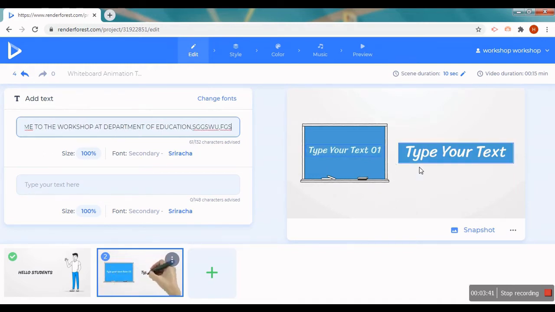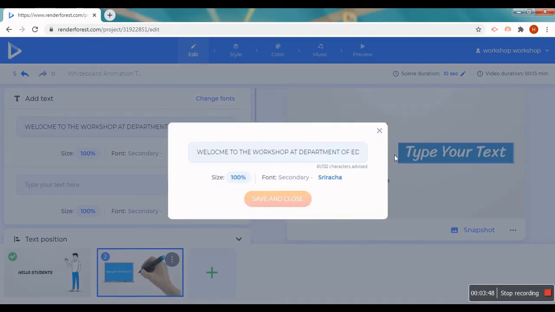Now this will get added here. The text will be added, right? Okay, we say fine. The text that gets added will be written on the board, right?